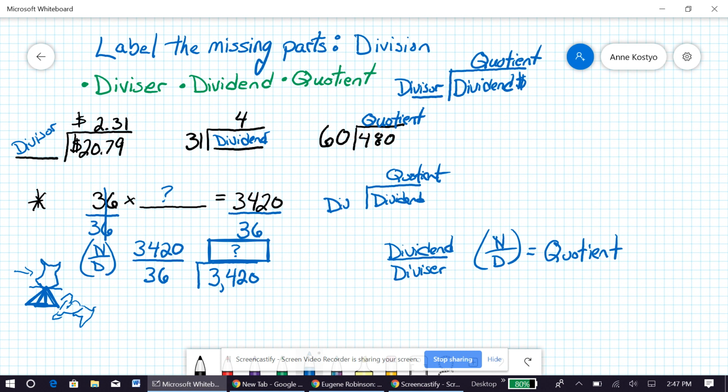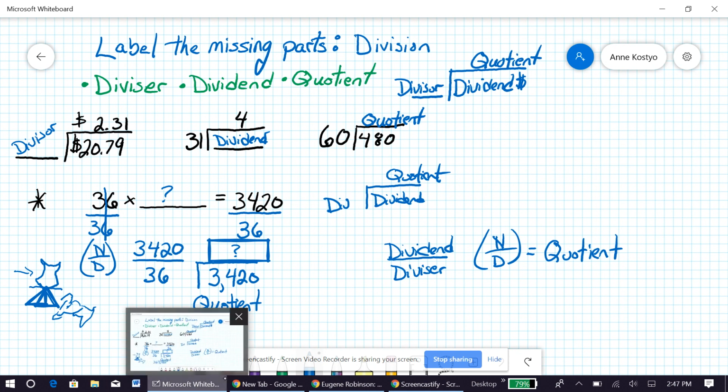And if I rewrite this, I can see that 3,420 divided by 36 is going to provide me with a quotient. So coming back to 36 times something is equal to 3,420,